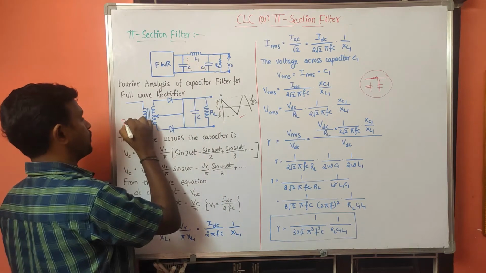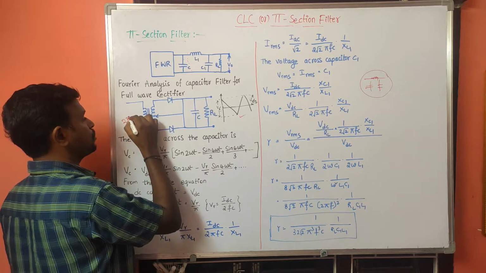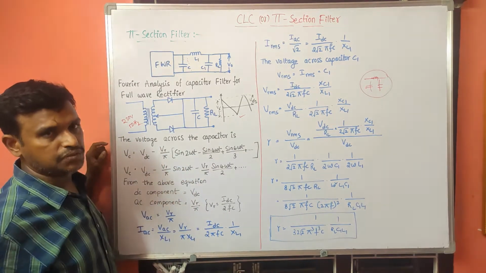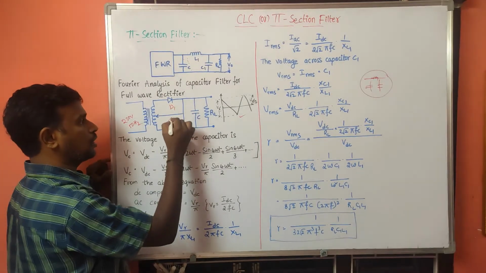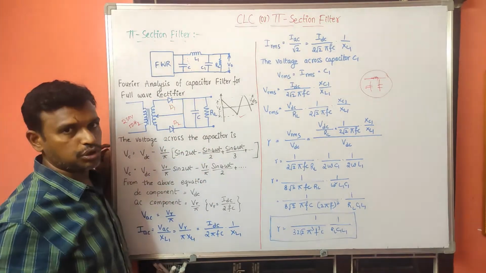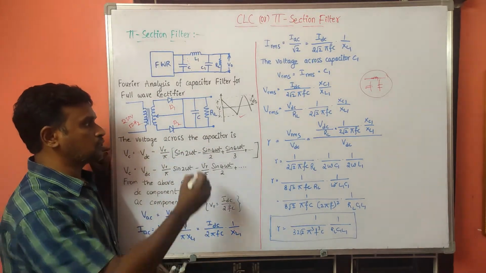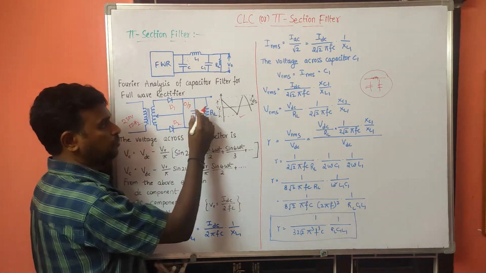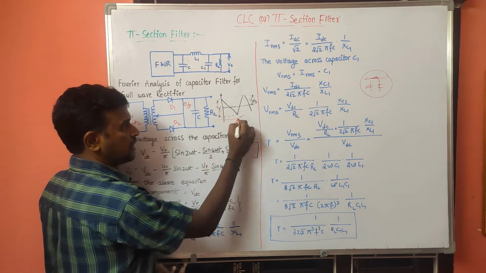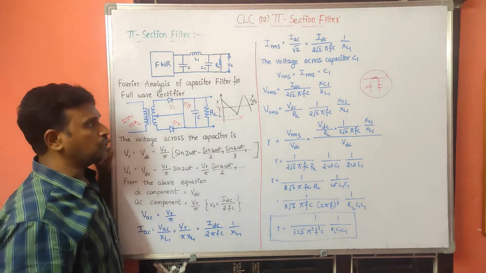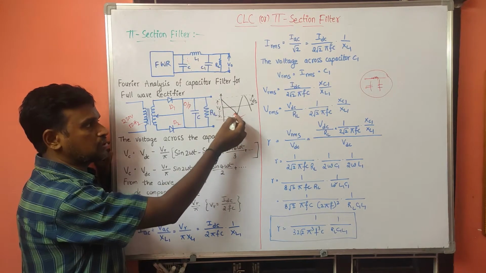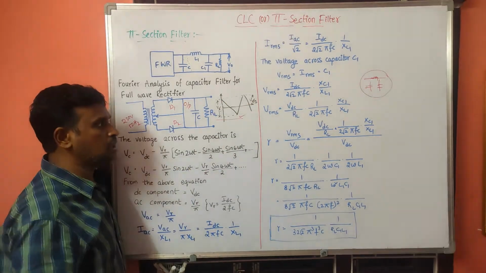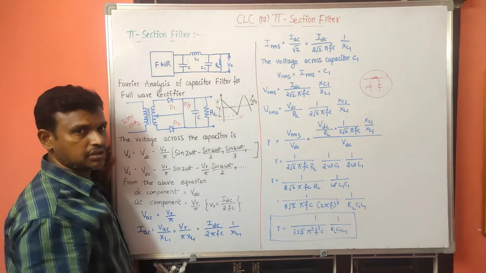So this is the full wave rectifier and it is of 230 volts and 50 Hz frequency. It is given to the center tap transformer, and depending on the diode on and off conditions, that is for the positive half cycle and negative half cycle, that output is given to the capacitor filter. So the output of this capacitor filter we will consider as this one. Okay. So here, if you consider the charging and discharging, it will take place like that. So this one is V gamma we can consider here.